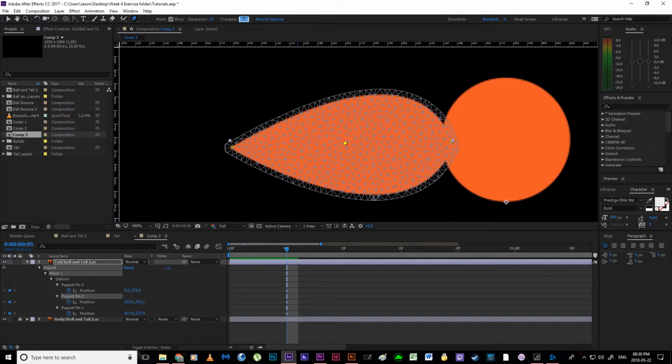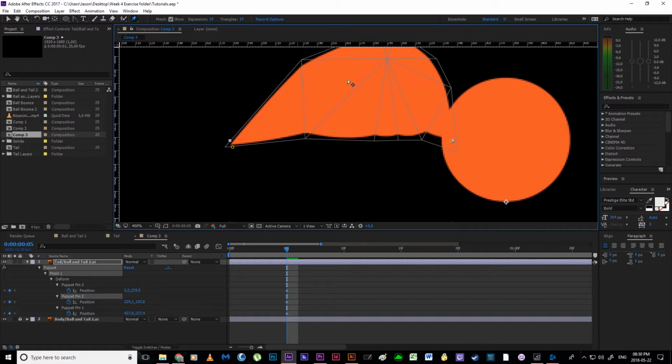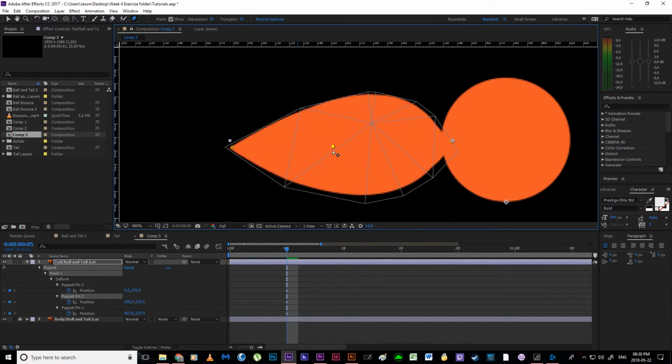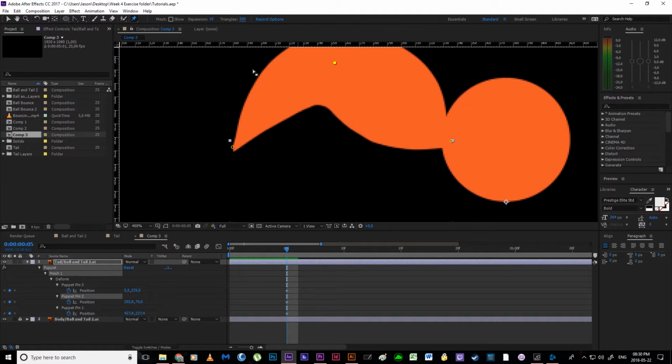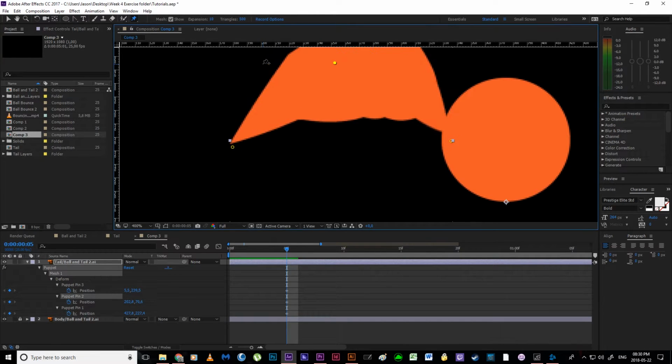Okay, but we could take this down to 10, and if we have this at 10, you're going to see that this is not going to look too great, right? It's looking pretty bad at the moment. Notice how wherever these lines meet, we're getting some horrible little effects going on. But as soon as I take this back up to like 500, I get a nice curve going on. Okay, so if you're having little crimping issues or little geometric issues, then that is the way